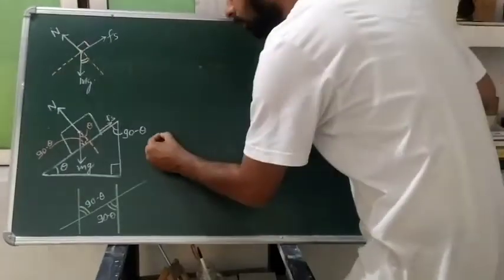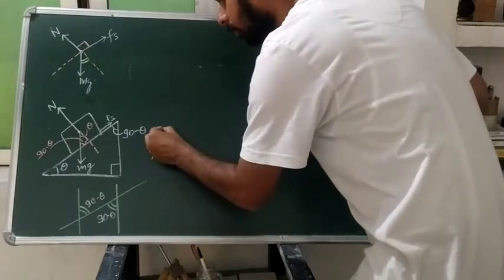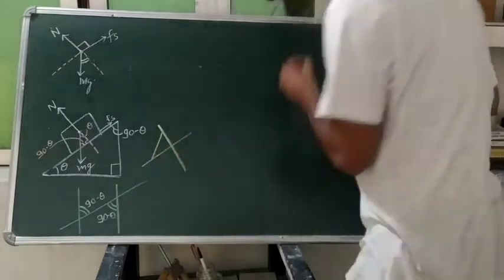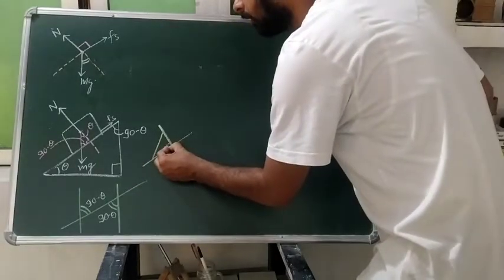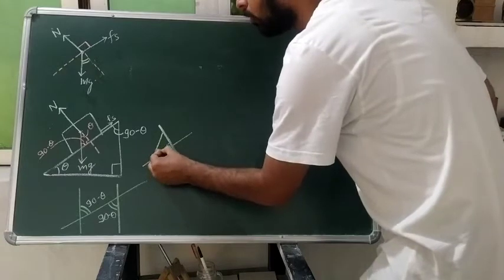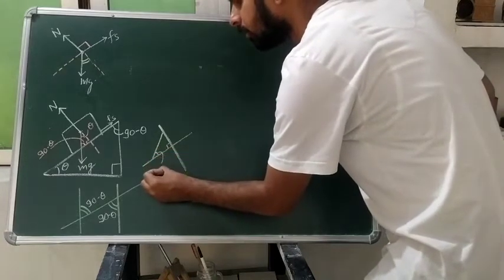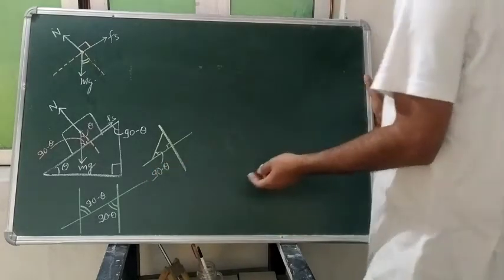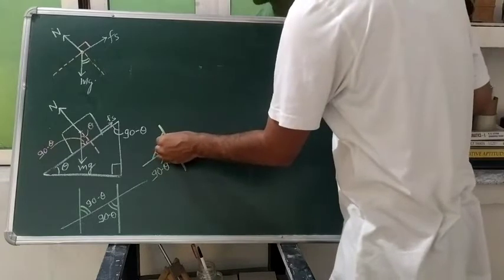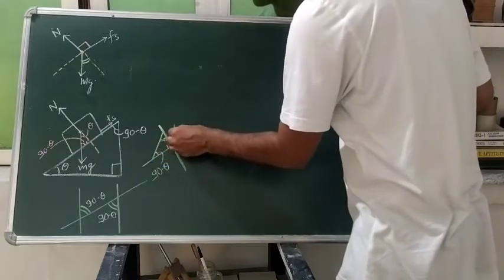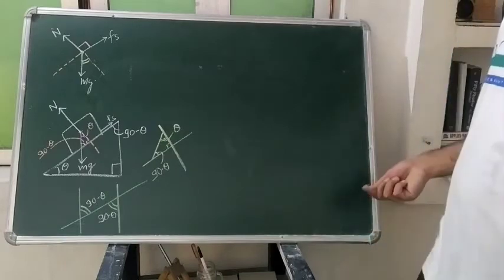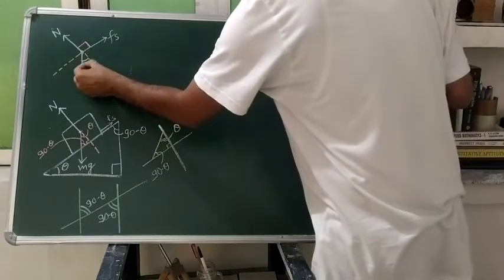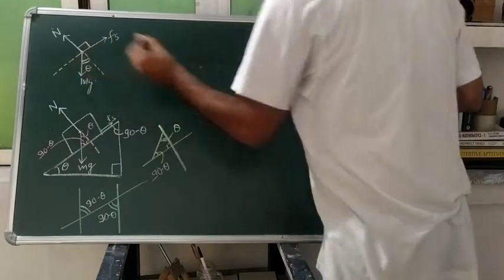I can draw it here. You are looking at it in this way, towards our inclined plane. So it is our 90 degrees. It was coming equal to 90 minus theta by alternate interior angles. And when you apply the triangle sum rule, this should equal theta only. The sum makes 180 degrees, so this angle is going to come equal to theta. You will see, this angle is theta only.